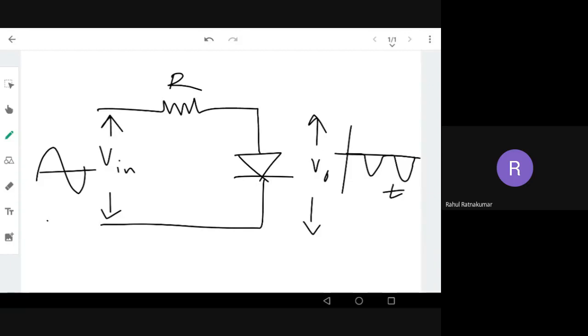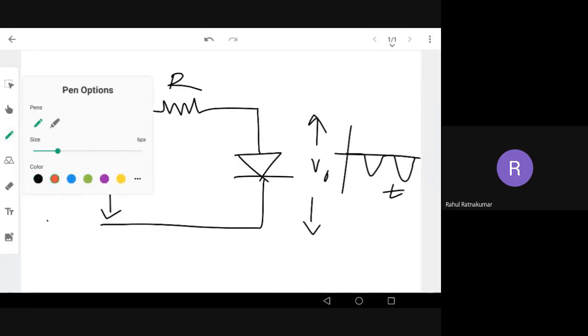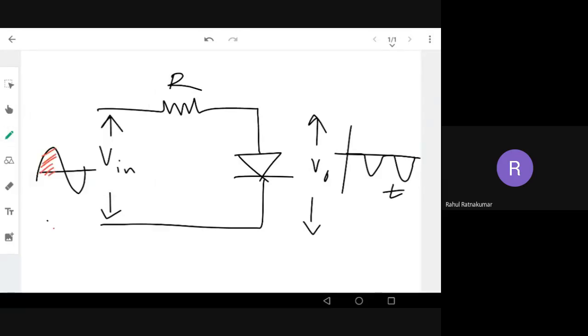Just type in the chat what kind of output you are getting. It may be difficult to express the shape, but let us try. The important point is that we have the output in the positive axis. When the input is positive, my diode is on. When the diode is on, we know that maximum current is going to pass through it.